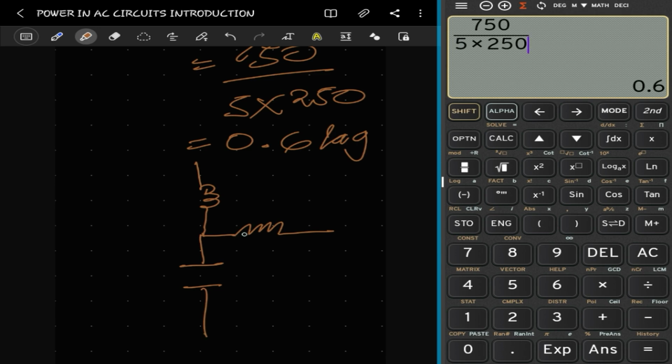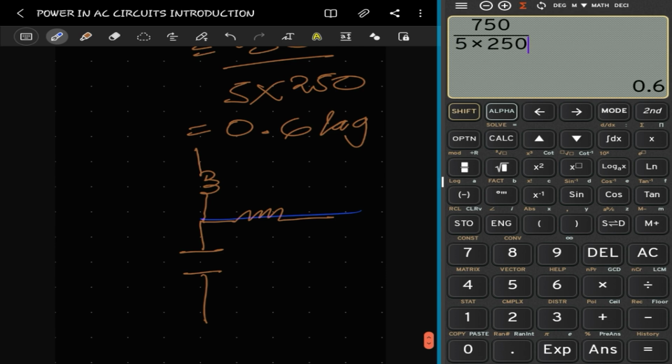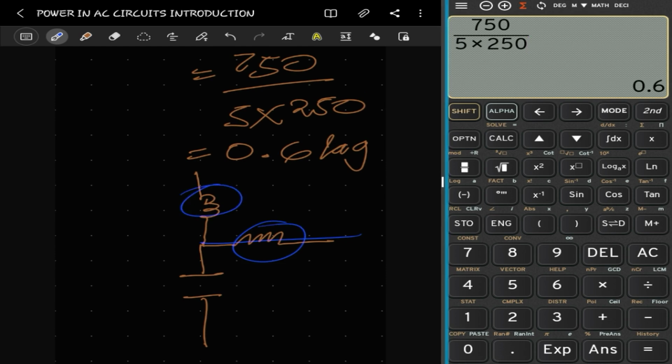And then basically the current is here and the voltage will be the rest. If you have a combination, it depends whether that combination is lagging or leading. Here's the case. What are we having in the circuit? We have a resistor and we have an inductor, meaning that the resultant,